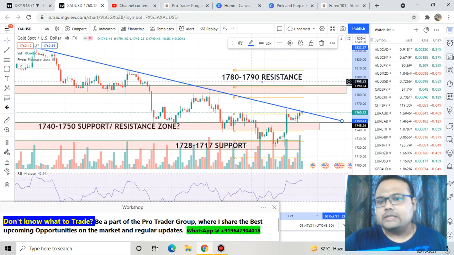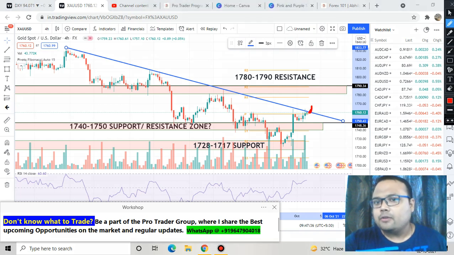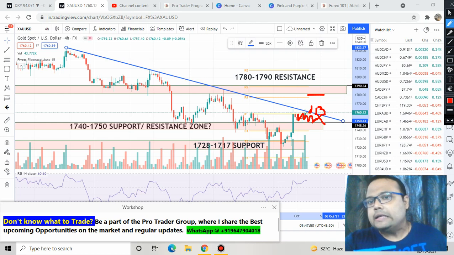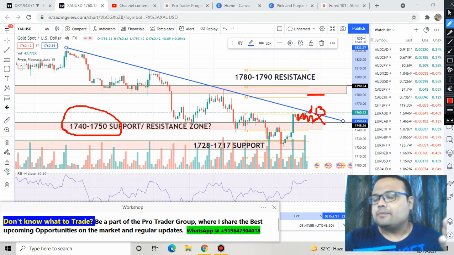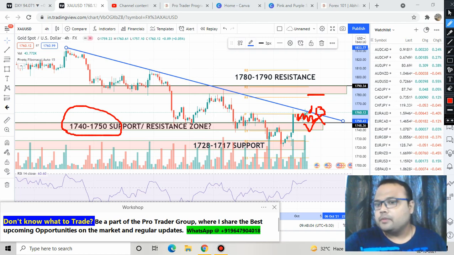So this is it. Watch the market carefully on Monday. If it gives a breakout on Monday with good volume, if you see a big fat green candle, then you can go for a buy. This will be your ultimate target, and as long as the market is trading in this range, you will not trade. And if you find the market breaking this level and trading at the 1740 to 50 level, still you will not trade, because this is a support zone. There is a possibility of a bounce. If you want to go for a buy, yes, you can, but you will not short in this range. And if the market breaks the level, obviously you can short the market below 1740, and this will be your target.